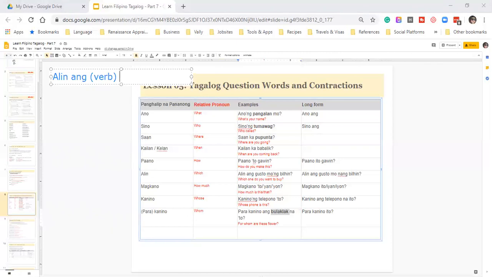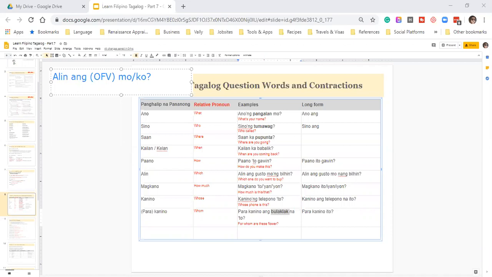For example, alin ang bibilhin ko, mo. Okay, the pronoun, whatever. Again, because you use alin, you're going to use OFV here. OFV or BFV. Okay, we're talking about what's happening. I think it's more of OFV. Why? Because we're going to say what's going to happen to something. So it could be a verb, any verb. For example, alin ang, and that's a question, by the way.